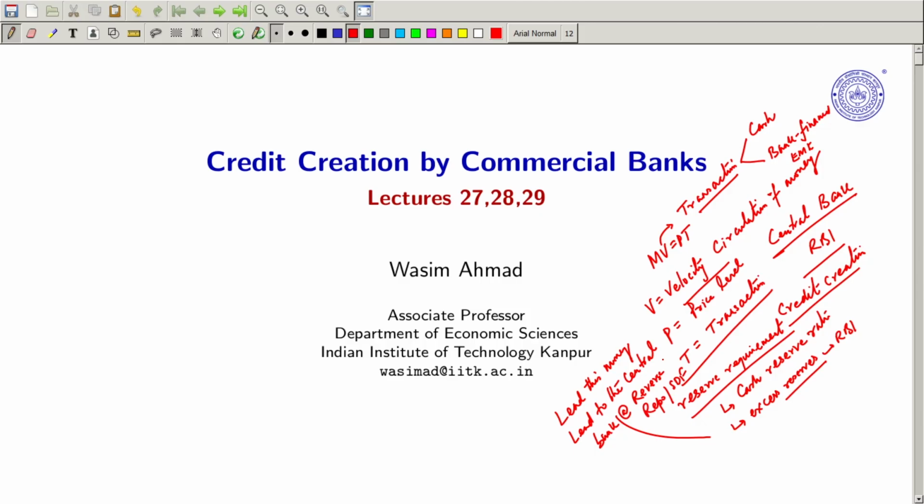In this particular session, my job is to take one small case, a small example, and try to see that when money moves from one bank to another, how it impacts the overall credit structure of the banking system. So this is what we are trying to see. For example, we can go on adding further dimension to it.